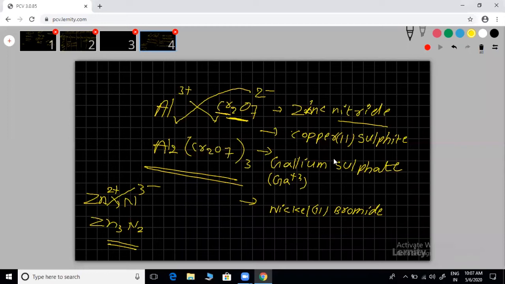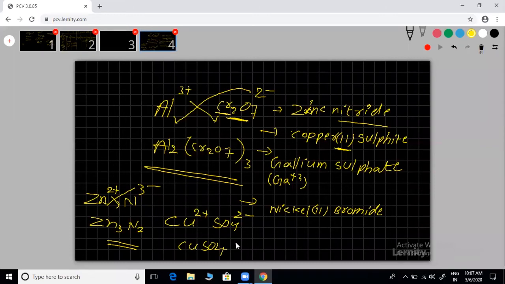Clear? Next, copper sulfate. I hope you can find it out. Cu 2 plus, SO4 2 minus. Same charge means they can cancel. You don't need to write the subscripts, simply write CuSO4 directly. I mentioned 2 in brackets. What does this mean? That the oxidation state is 2. Copper sulfate. Please recheck how many people wrote CuSO4 correctly.